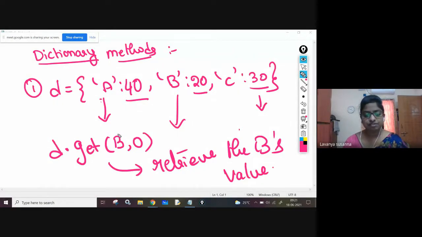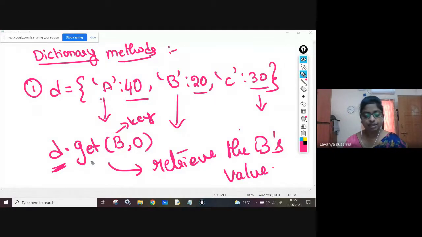If this key is present, see once again what this get function will do. If you are passing some key, the first argument will be the key. Always remember you need to pass only two arguments. First argument must be the key. Now what will this get function do if this key b is present in the dictionary, which dictionary? D. You're calling with a d, right? D is a dictionary object or variable. d dot get of b. Yes, b is present in d, right? B is a key, it is present in d.